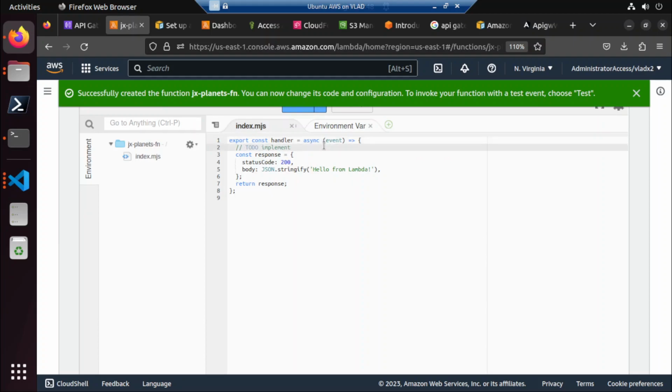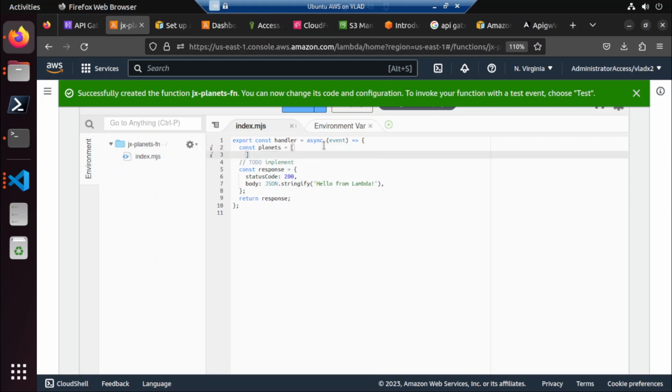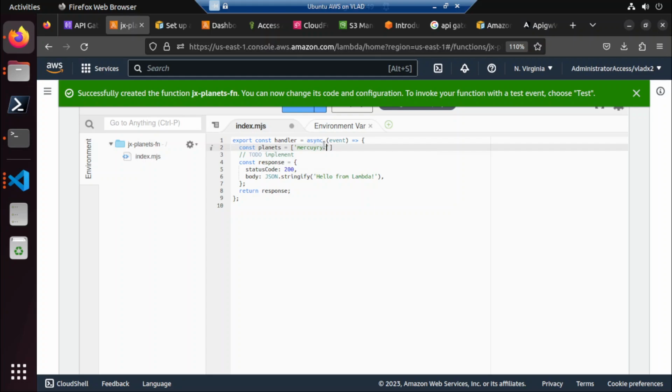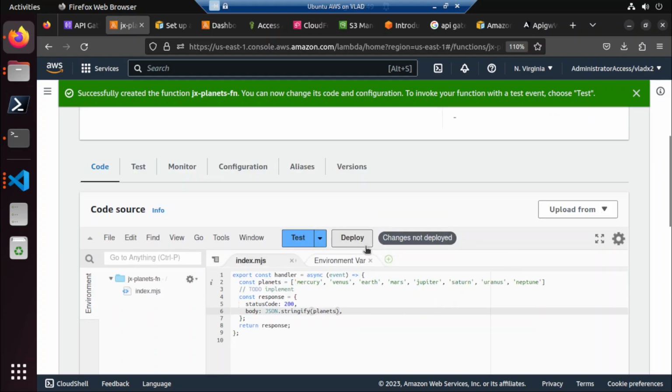So here again, we are going to const planets: Mercury, then Venus, then Earth, then Mars, then Jupiter, then Saturn, then Uranus, then Neptune. All right, so let us put here the planets. Right, so let us deploy this,